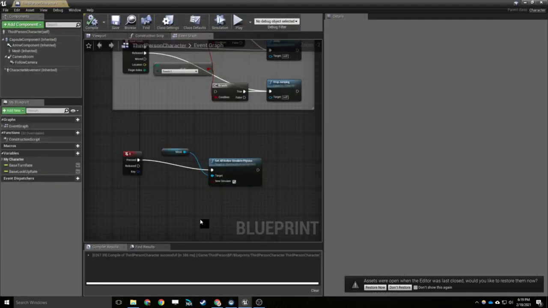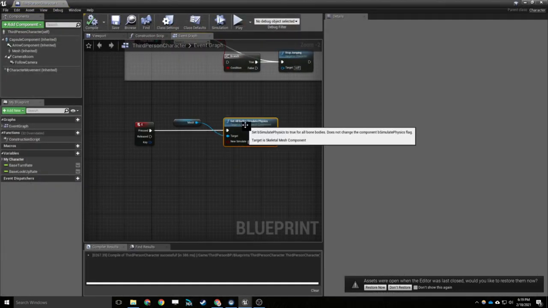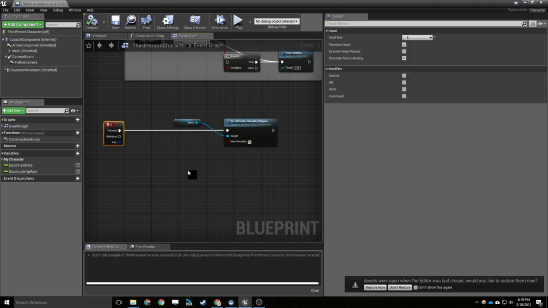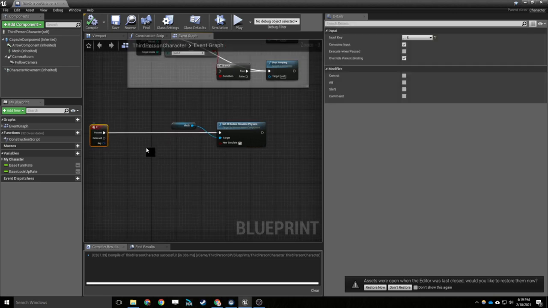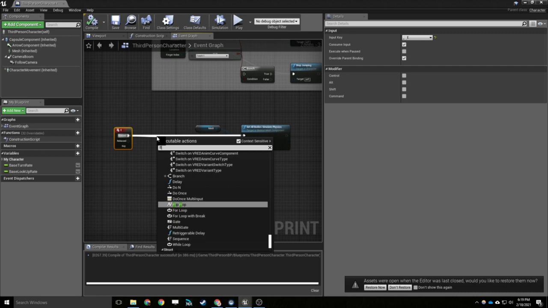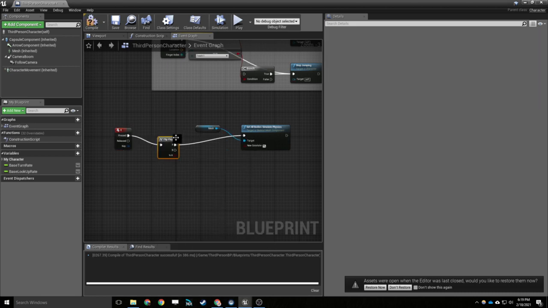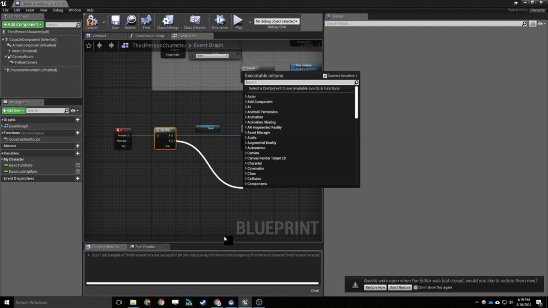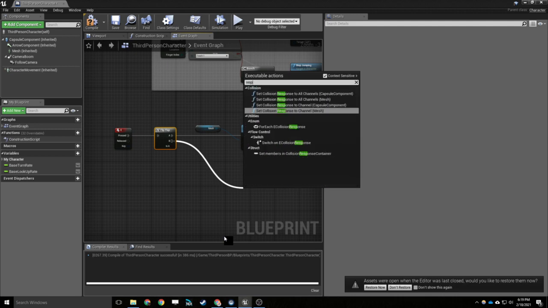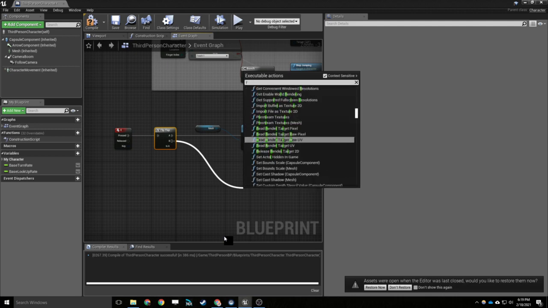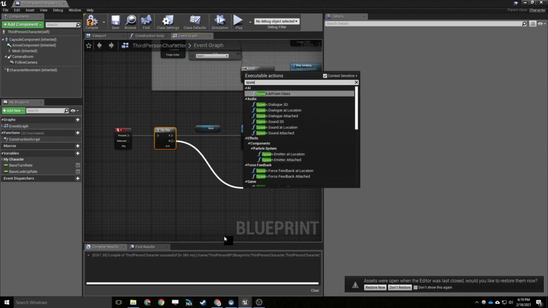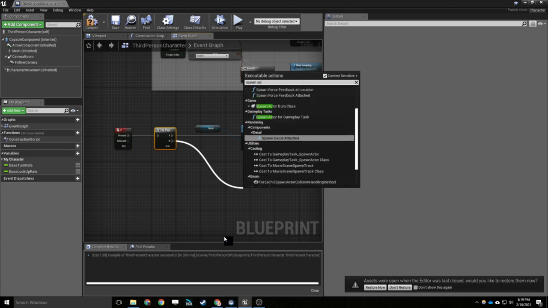So that's pretty simple. But now we need to set up the respawn, that is what happens afterwards so that our character actually respawns. So I'm going to put in what's known as a flip-flop. These are very useful nodes. Basically it means that if you press it once it does something, and if you press it again it does something else. So I'm going to go down here and go to respawn, no actually, sorry, it's spawn actor